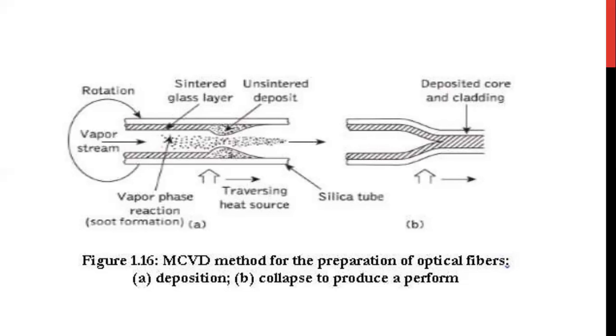And here, after collection of a sufficient amount of core region, the porous glass is converted to normal glass by the sintering technique. After completion, by applying high heat, we can collapse the preform to a holeless preform.